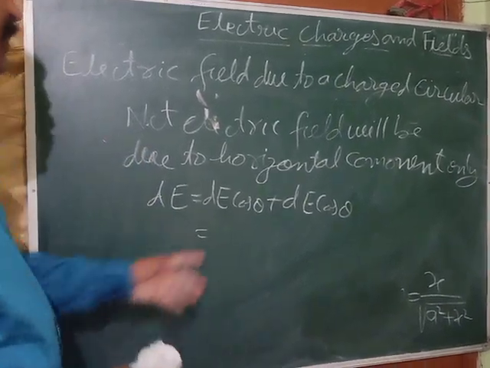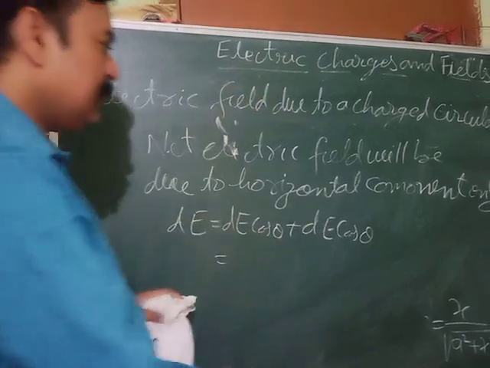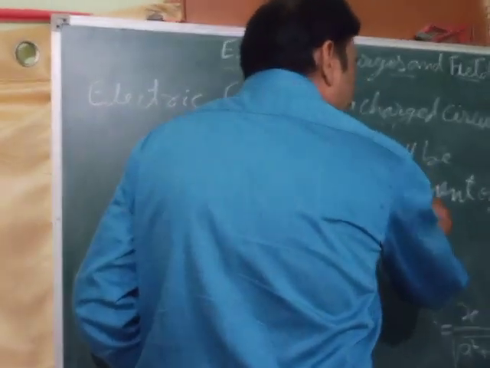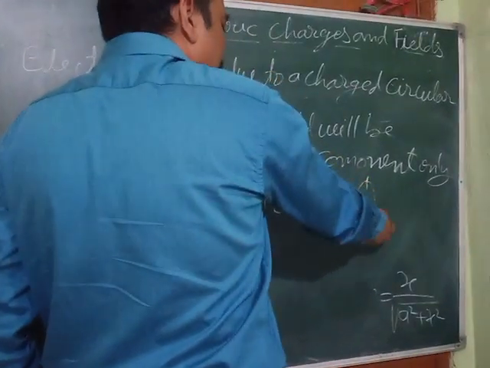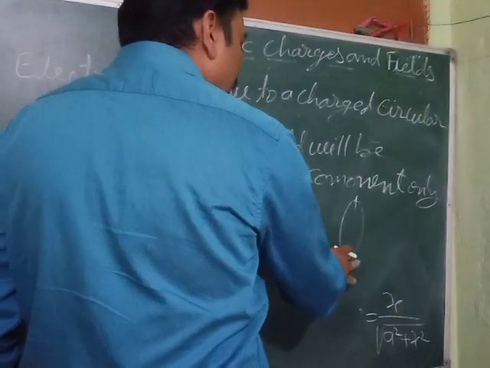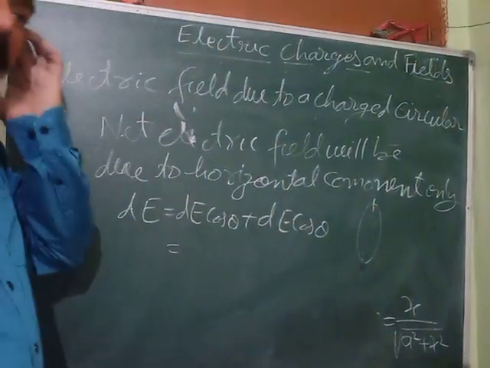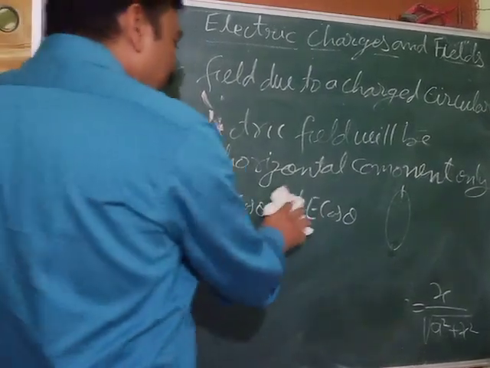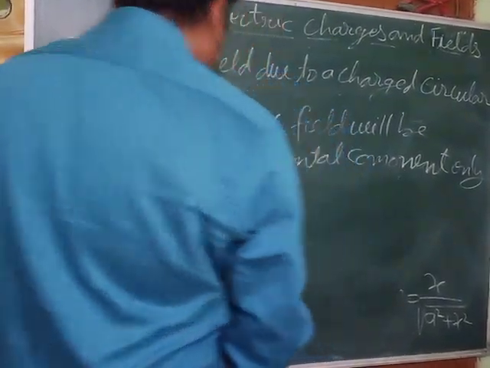See, either we can take both or we can take one. If you are taking both, that means you are starting to cover this ring from two sides, from here as well as here. And then how much do you have to move to complete the circle? Only 180 degrees. And if you are taking only one, you have to cover the whole circle. So you can take any one. Suppose you want to take one, better you take one.